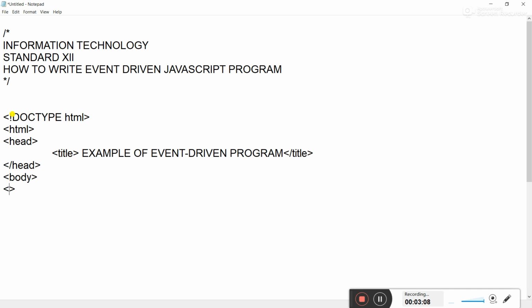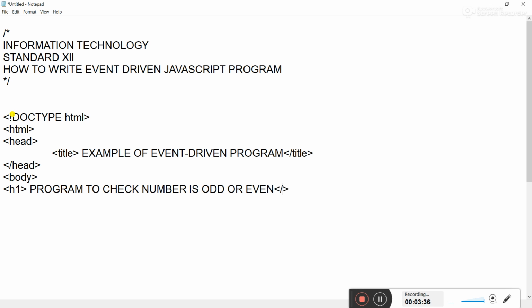So we are going to solve the program to check whether a number is odd or even.